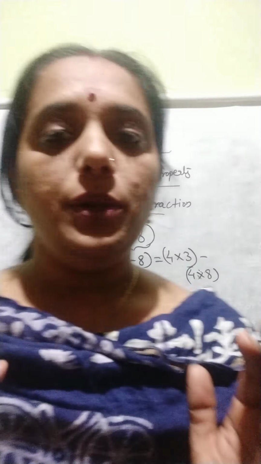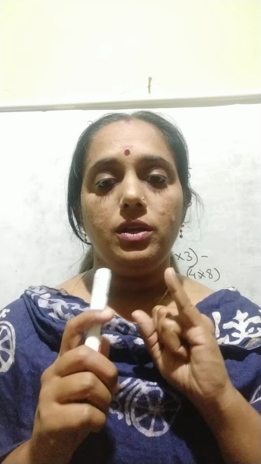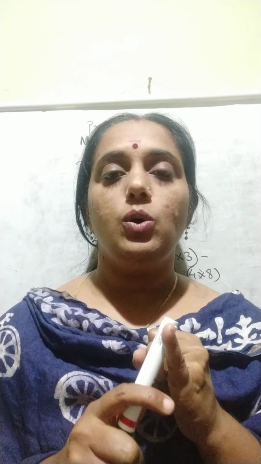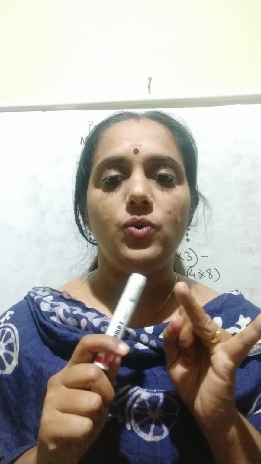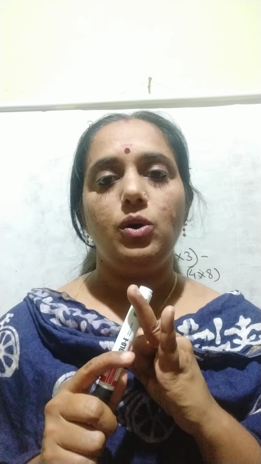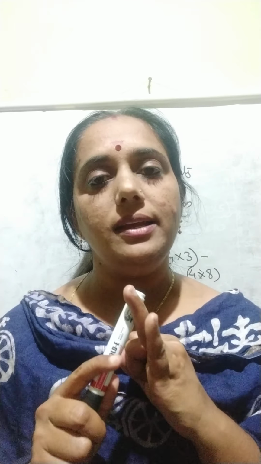I think now you got some ideas about the properties of multiplication of integers. Which all are they? Closure property, that is when we are multiplying two integers or any integers, we will get an integer as the answer. So closure property is satisfying in case of multiplication. Then the next one is commutative property. That means order doesn't matter. Order is not a problem in case of multiplication. We can multiply in any way.